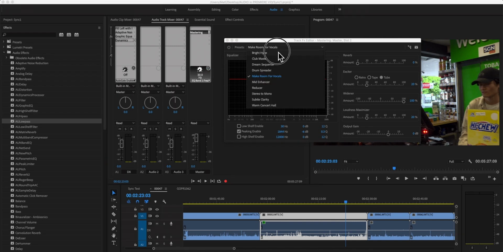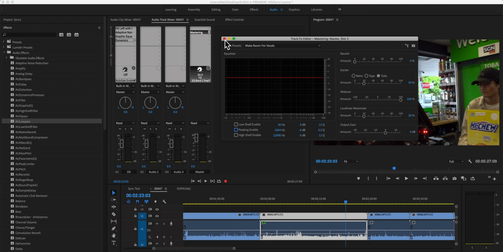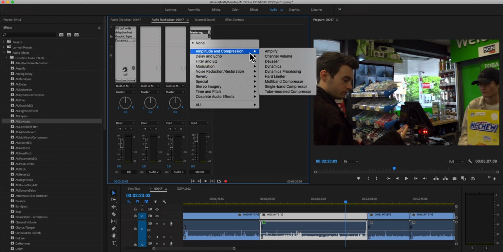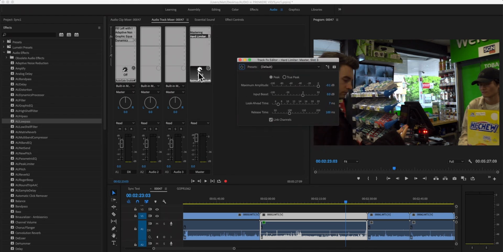So quite a smart way of applying effects on the master channel would be perhaps applying a bit of loudness maximizing only if you need to, some sort of gain-based process, followed by a limiter which acts as a ceiling. It's sort of like Gandalf in Lord of the Rings, you shall not pass over this amount, and that should be in the amplitude and compression section, hard limiter. Double click that hard limiter, or we can control it here, but I don't really like this, like I say. That hard limiter